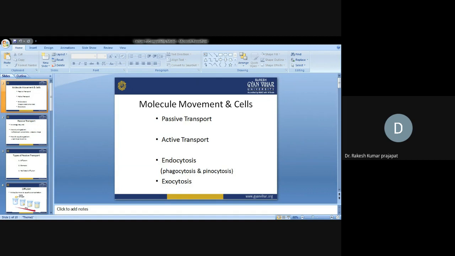Suppose I have two buckets, bucket A and bucket B. Bucket A contains low solute concentration. Low solute concentration means the water molecules are more because the salt concentration is less in that. While in bucket B, the solute concentration is more, a high concentration of the solution. Means the free water molecules will be less compared to A. So from these two, we can say the water can move from bucket B to bucket A, because in bucket A there is a large number of free water molecules present.